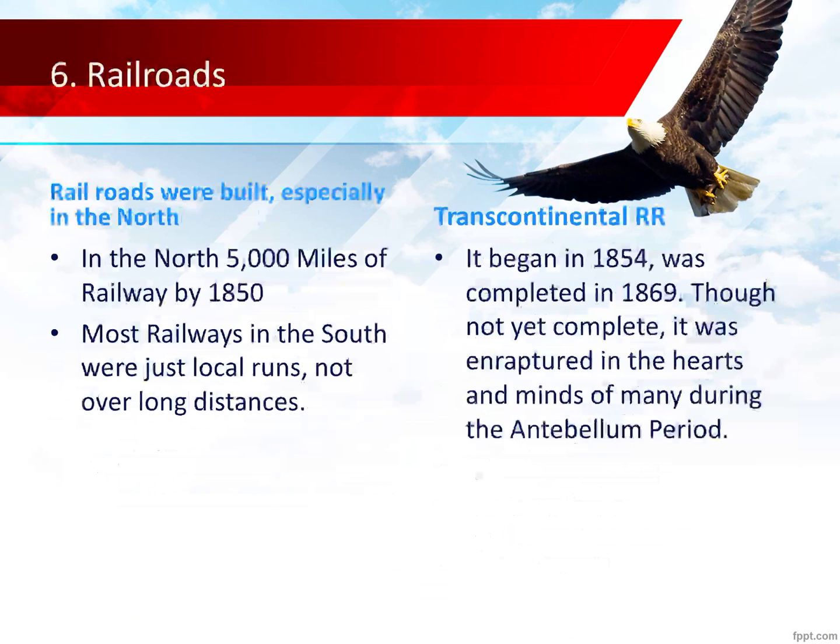Another major theme are the railroads. Again, I mean, railroads are just booming across the North. By 1850, you have 5,000 miles of railroad in the North. Now, the South has railroads, but they're not connected. They're all just local networks. Like you might have some railroads around Charleston, South Carolina, and some around some other ports, but they're not going across the country, or at least they're not going out to what we would call today the Midwest.